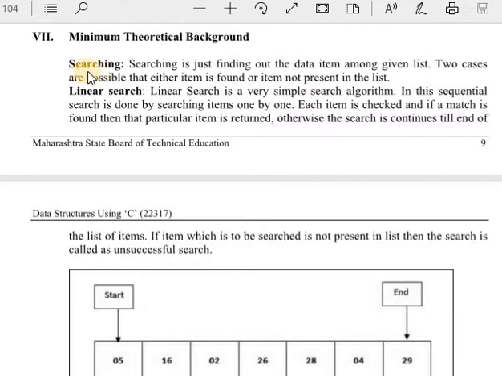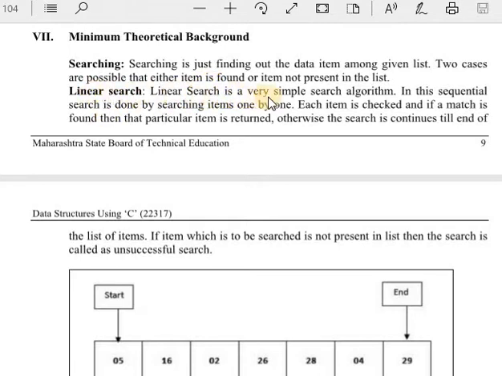Two cases are possible: either the item is found or the item is not present in the list.